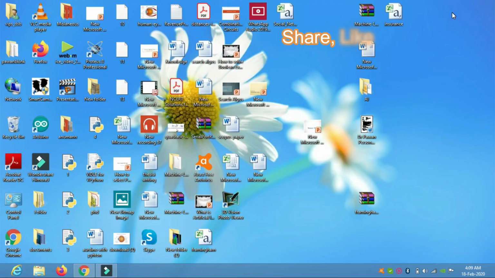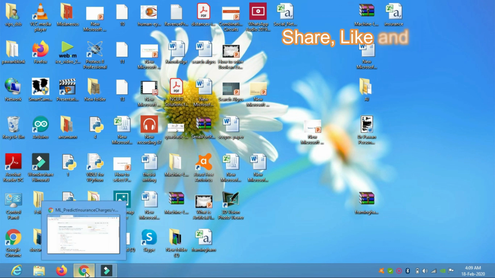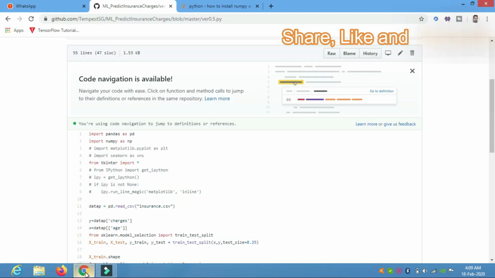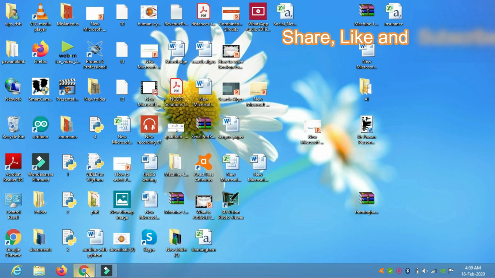To install the different packages on Python IDLE, which I found one of the very difficult problems faced by students. So we'll try to implement one of the machine learning algorithms on the Python IDLE, so that you can have a clear visualization of how to run the code on the Python IDLE.